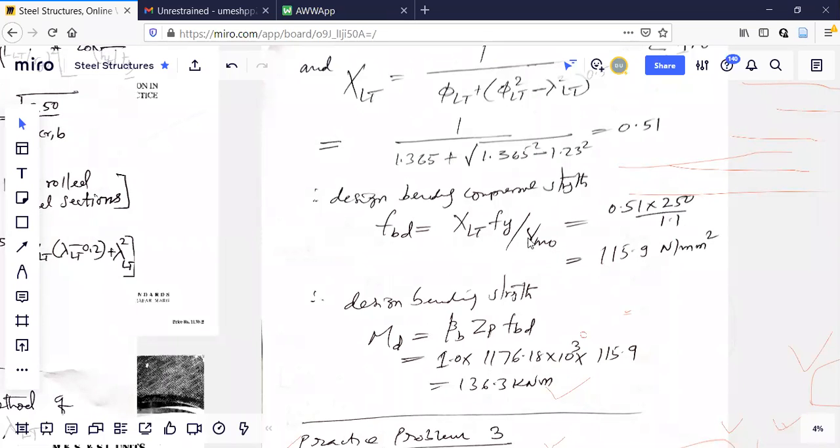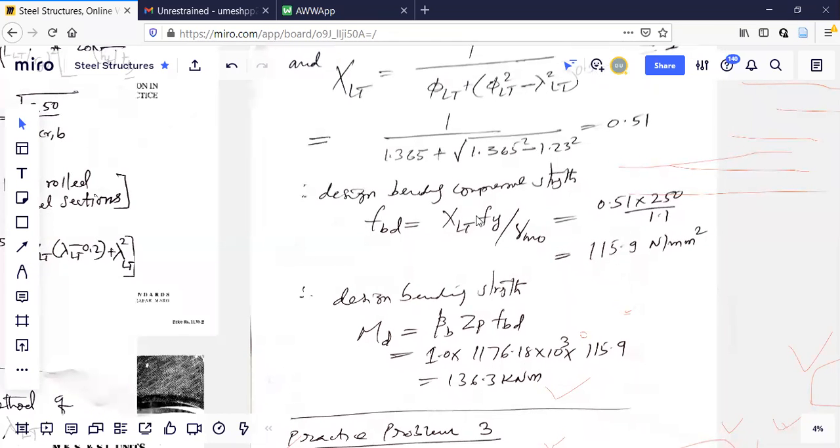So instead of directly using Fy, I did all these calculations. I wanted to reduce Fy because it is laterally unstable. There is lateral torsional buckling going to happen. Because of this I wanted to reduce it. I cannot use 250 because there is lateral torsional buckling. How much should I reduce Fy? To what extent do I have to reduce? That is chi LT. Chi LT is 0.5.